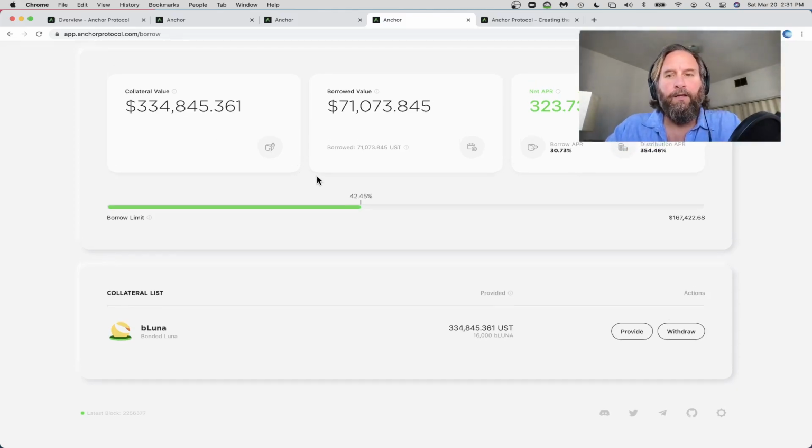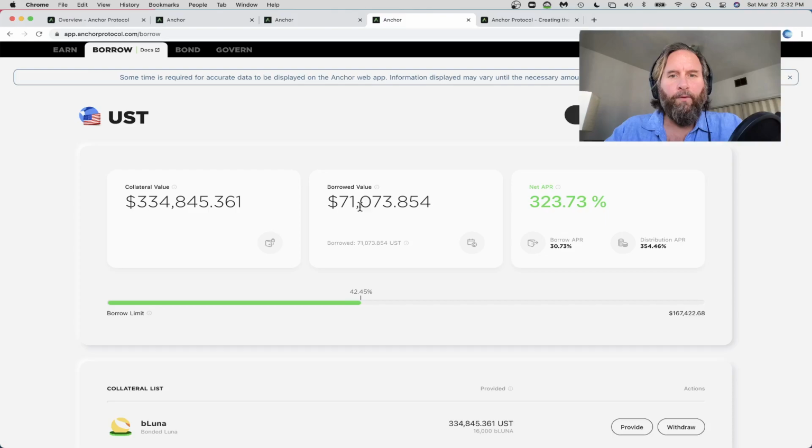Okay. Now you notice this went way down. That's a good thing, right? That means that Luna could take a big dip right here, and I'm still safe, right? I still own all my Luna. It's sad if Luna takes a dip, though it doesn't do that very often, which is a good thing. But here we go, right? So the bottom line is, my new total that I can borrow, the maximum would be roughly